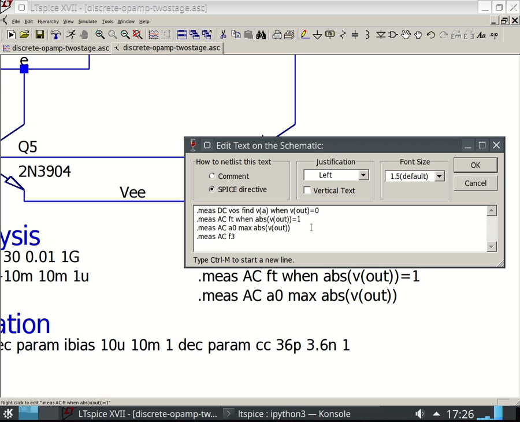And what is this? When? Isn't this a cross? Oh yeah. Check this out. Well, what is 3 dB? 3 dB in voltage is 1 over the square root of 2, or 0.707. How about this? When ABS, a V out, equals,